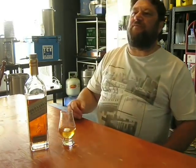From there, you're going to step up into something with a little bit more oomph in the range of your Golden Promise and your Maris Otter. They predominantly come out of England. You can get them from Australian maltsters, but generally it's not the same thing. I mean, it is a geographical thing. You do want your Promise and your Otter coming out of England,